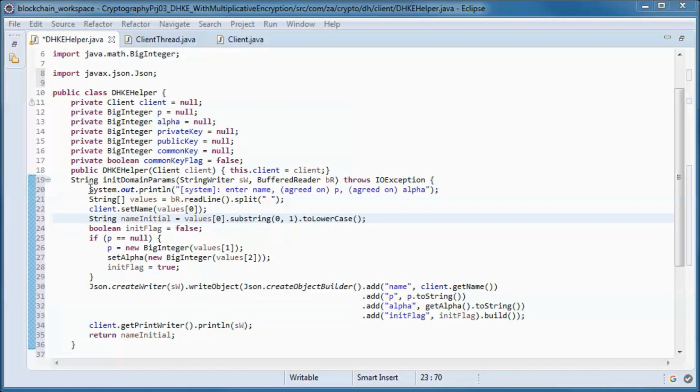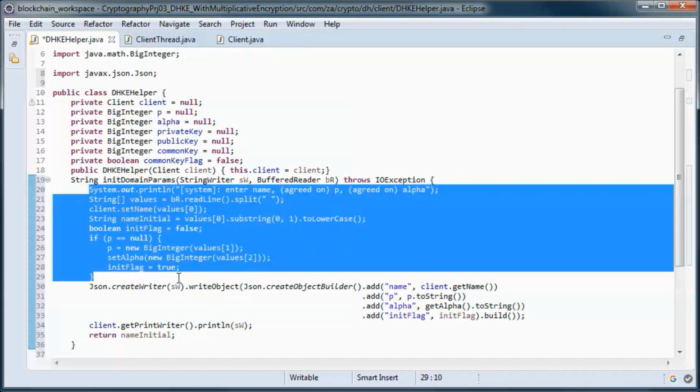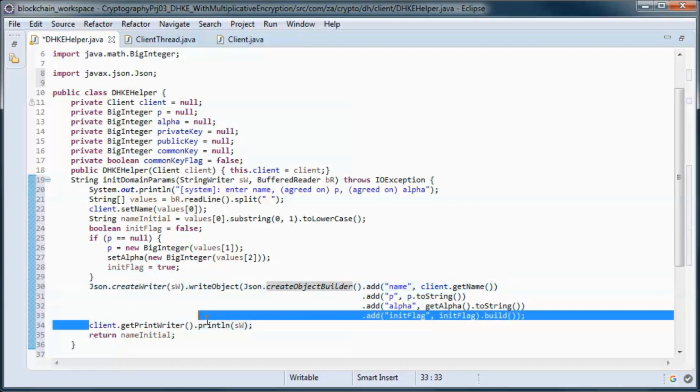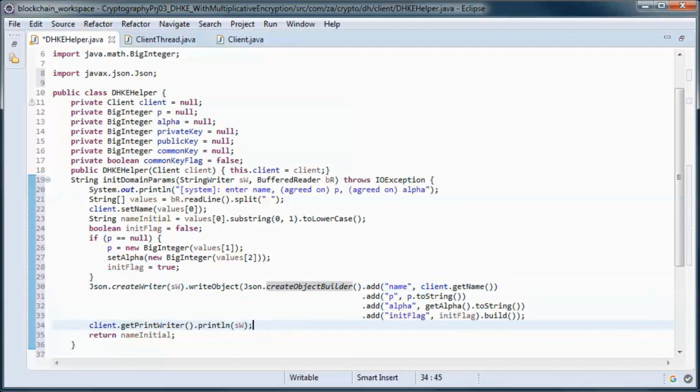And for the purpose of this tutorial, I had the first client that logs in enter the value for P and alpha, the agreed on value for those. So we put those values, the name and P and alpha, in a JSON object, and we send it to the other client.